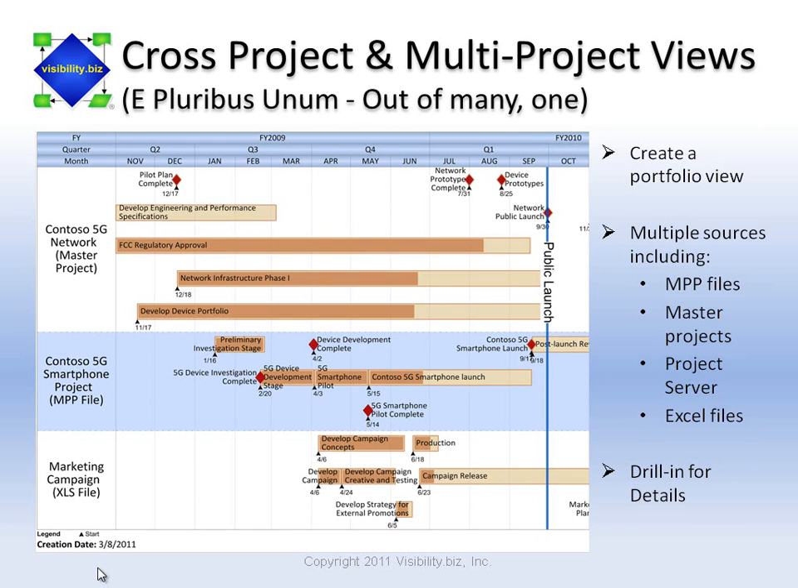Getting accurate cross-project views is always a challenge and can be particularly difficult, especially if some schedules reside in Project Server, some in standalone MPP files, and still others in Excel spreadsheets. The Swimlane Timeline can read in data from multiple and mixed sources as shown in this example. Notice the top Swimlane is a master project, perhaps residing in Project Server. The second Swimlane is a standalone Project Desktop MPP file, and the bottom Swimlane is based on data coming in